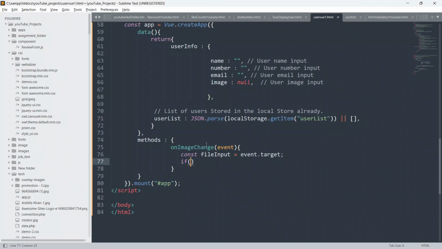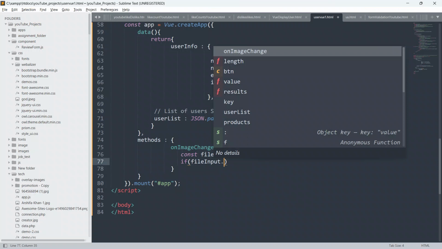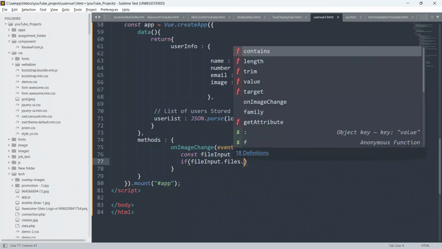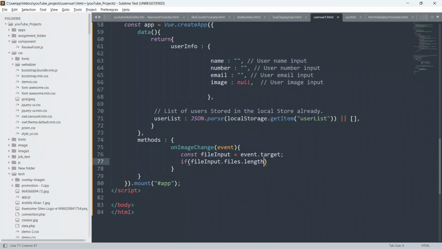So I will check that now. So file input dot files, dot length, and we will check if it is greater than 0, then we will allow him, otherwise we won't.